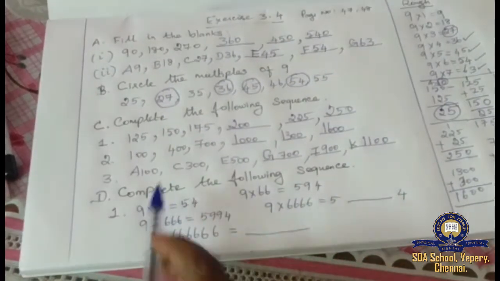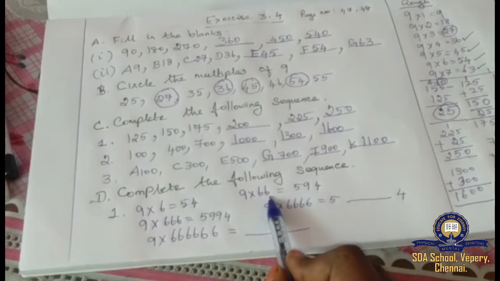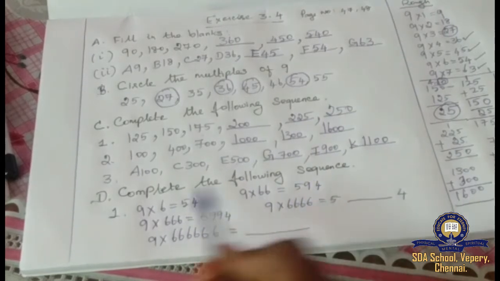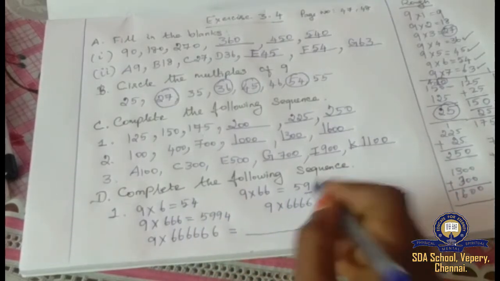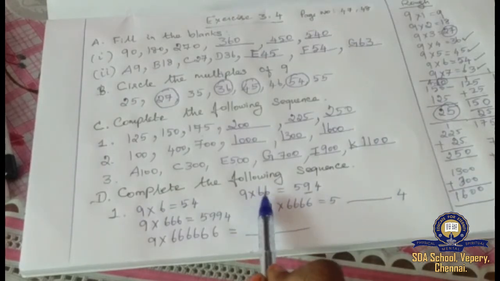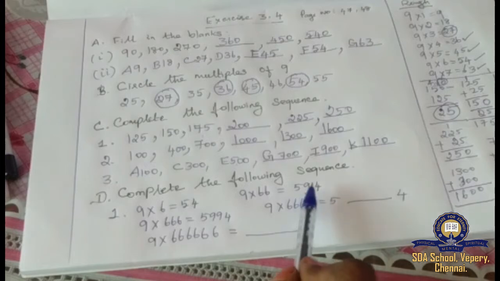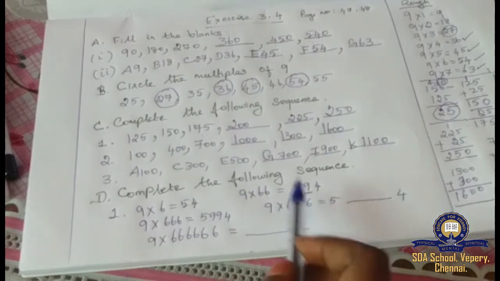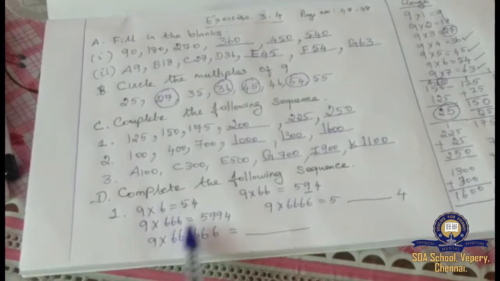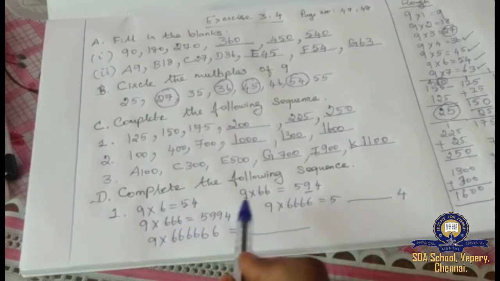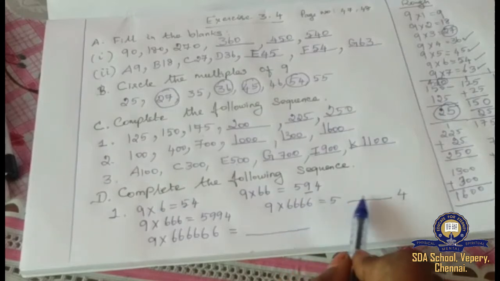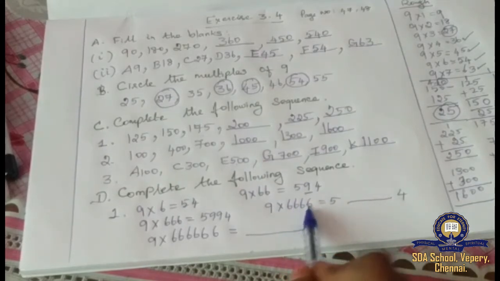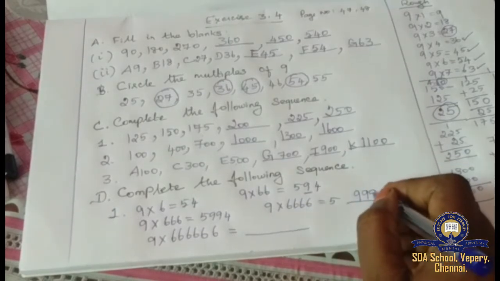So here see, 9 into 6 equal to 54. If 2 6s are come, the first and the last number are same, 54. In between 5 and 4, how many 9s are present here? Only 1 nine. If 2 6s are present here, 2 minus 1, that much time you have to put 9 here. Here check, 3 6s are present. How many 9s are present between 5 and 4? 2 9s. If 3 6s are present, you have to put 2 9s. So here 4 6s are present here. So you have to put 3 9s. 4 minus 1, 3. So 3 times you have to write 9.